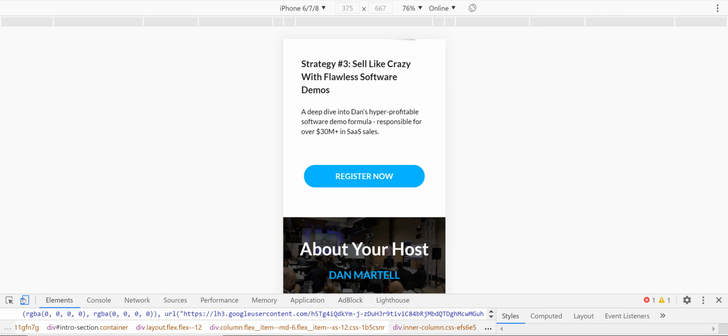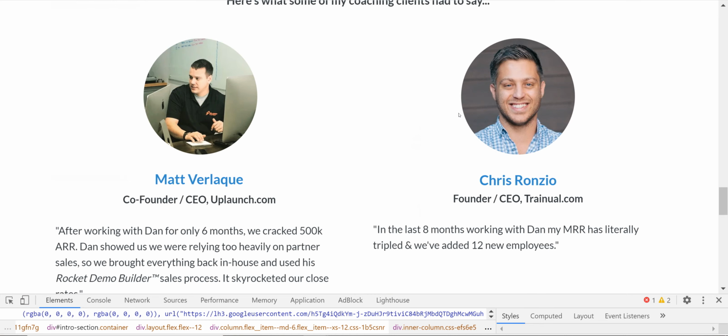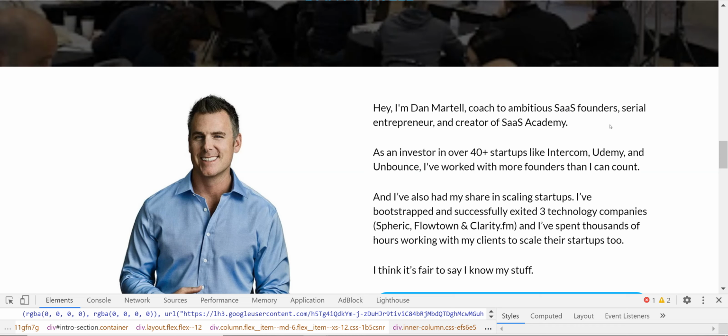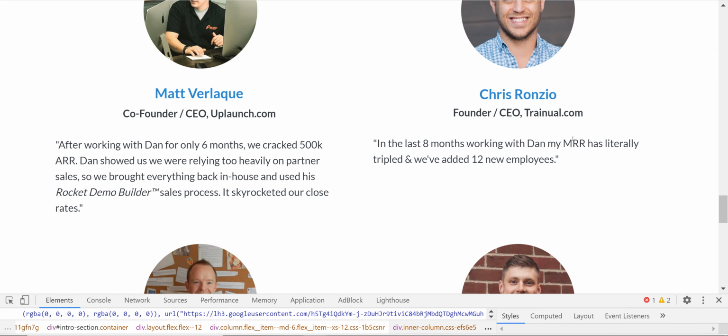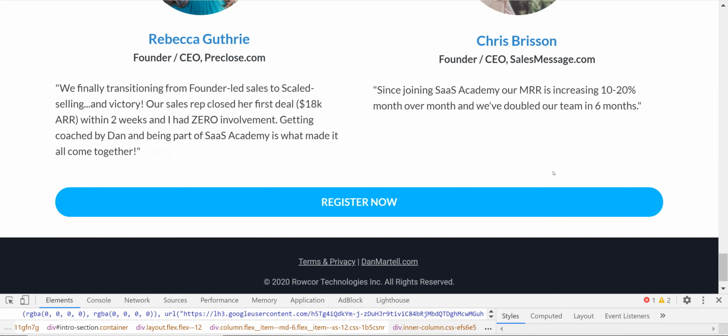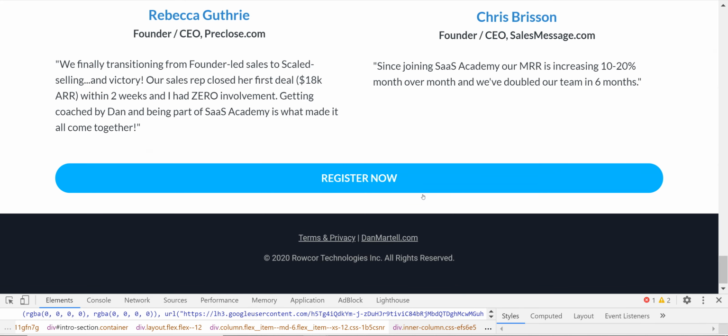A lot of people build these pages not thinking about the continuity of the experience between mobile and using it on an actual PC. Some additional social proof. Some more social proof. They focus a lot on that. And finally, register now. Now, in this particular case, the register now is linking to a pop-up,